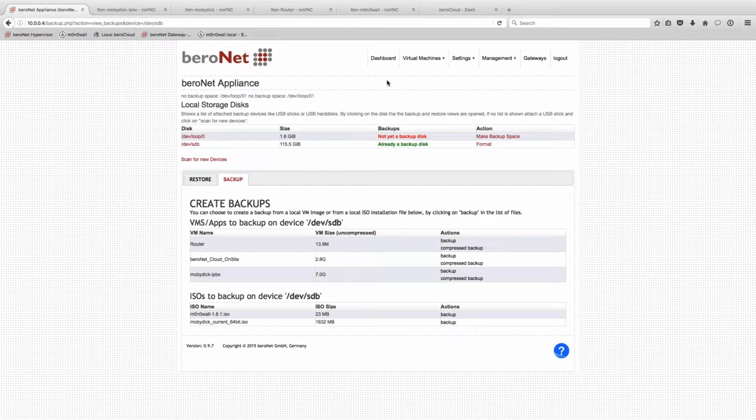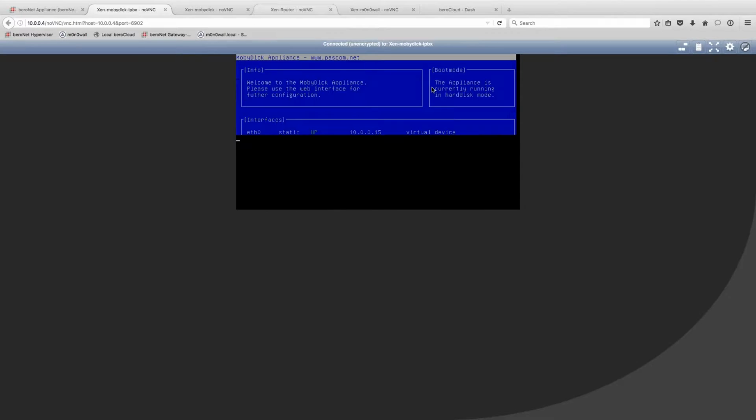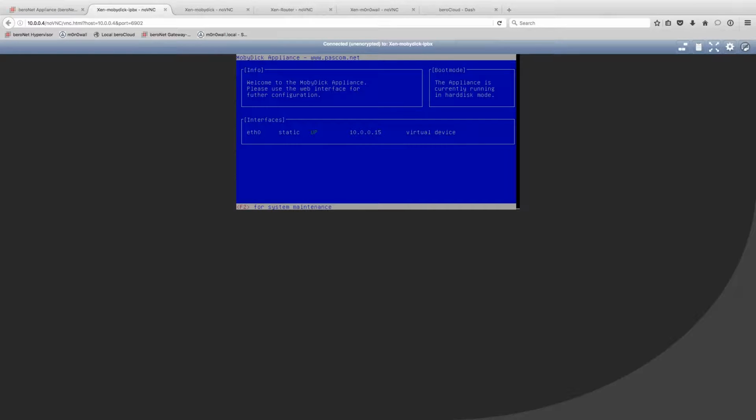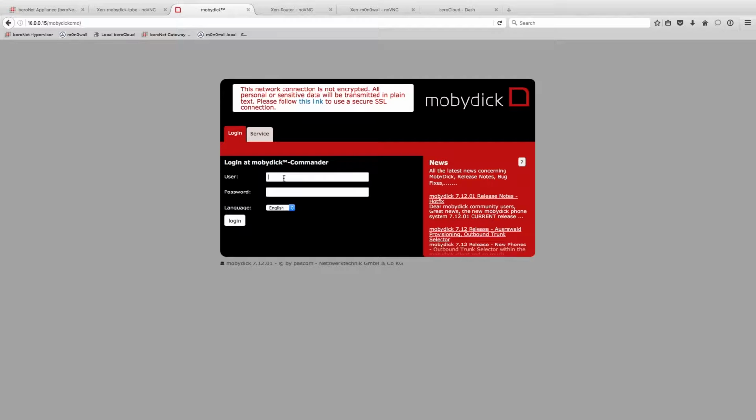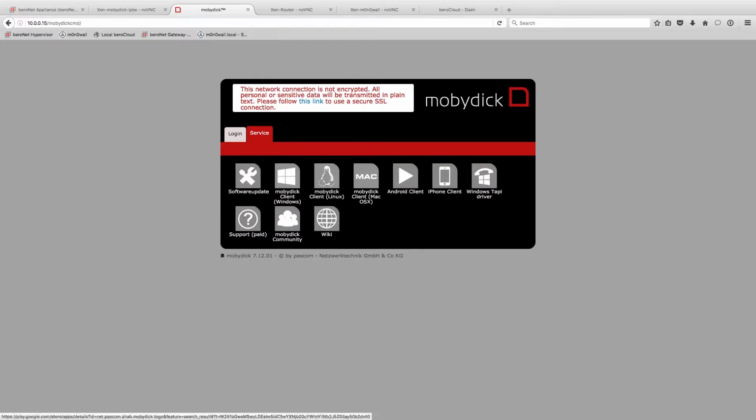So now that's what it looks like after the appliance starts up. Then you can just go into your web browser and log in via the GUI. Some cool information you have here at the beginning. You can do a secure login if you want to, and just by clicking that link. Under services, you can download the softphone clients, so we'll be doing that a little bit later, and have that on your systems. So this is the login credentials you used